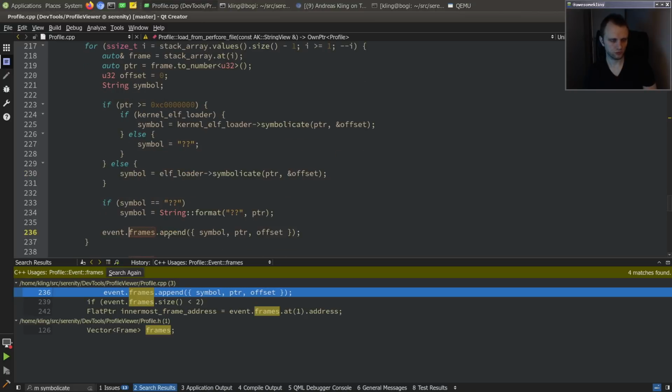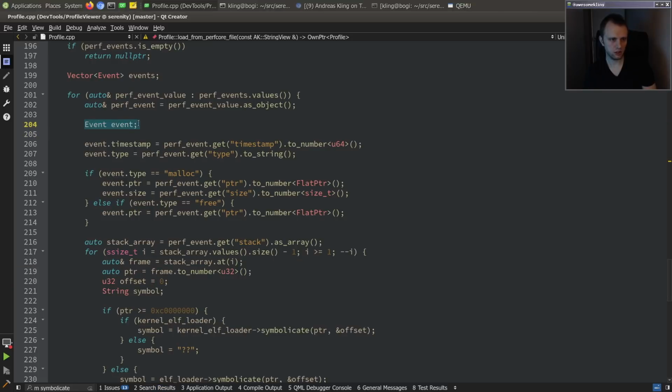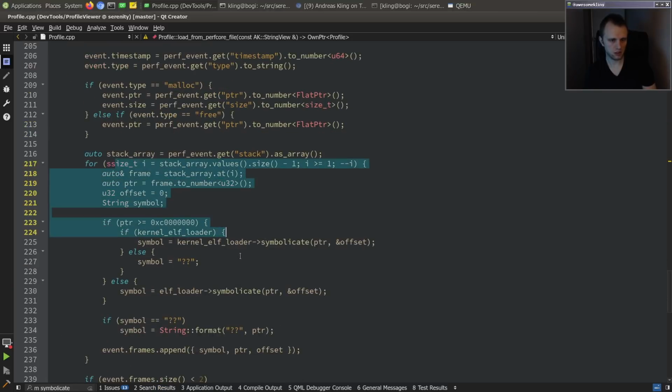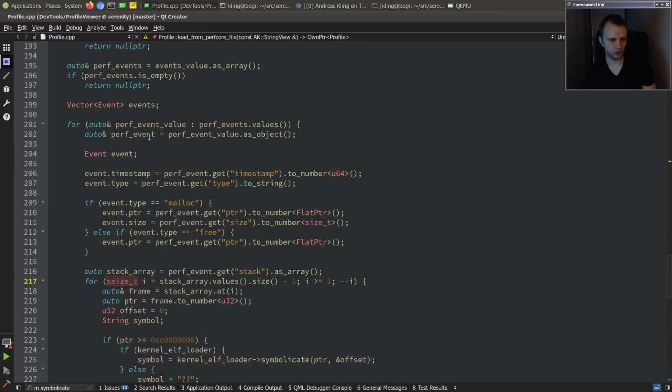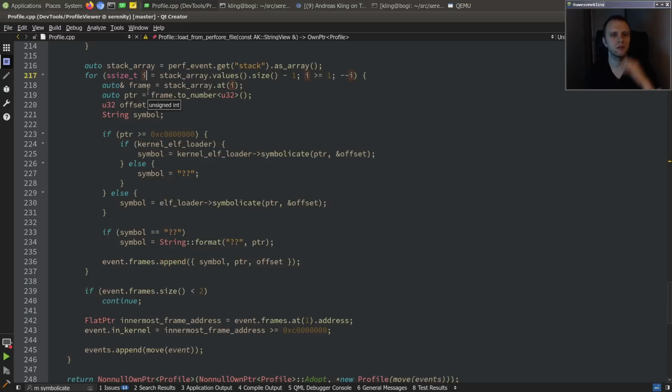Event frames append. And event is constructed here. So this is walking the stack array, and for each event in the JSON, I think we can pre-compute the size of this so that we don't have to allocate multiple times. That might be helpful. So we can see here that this loop goes from stack array size minus 1 to 1,